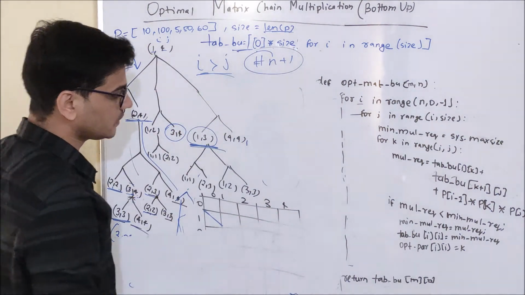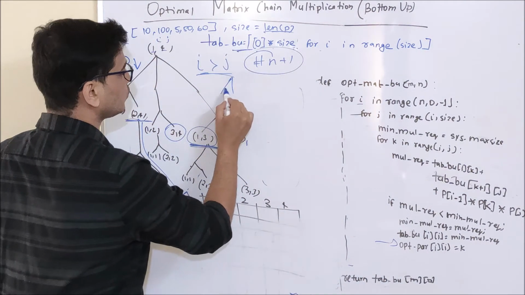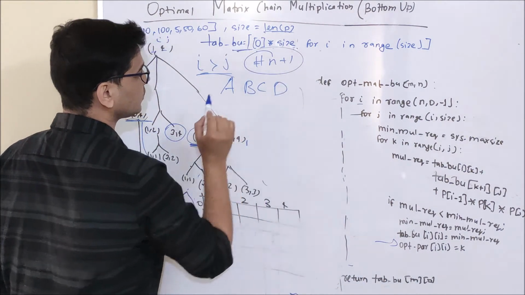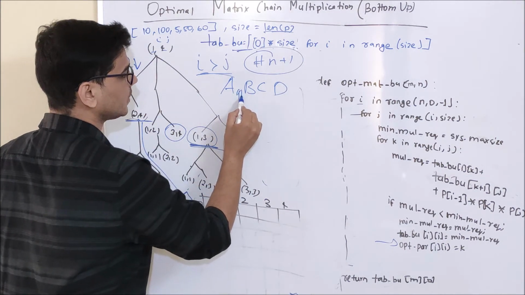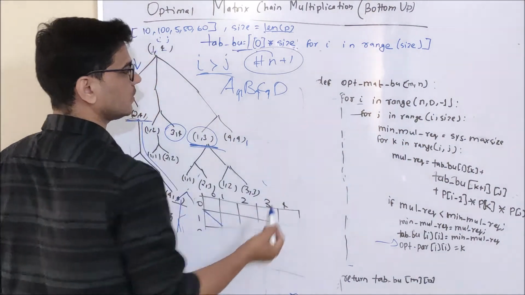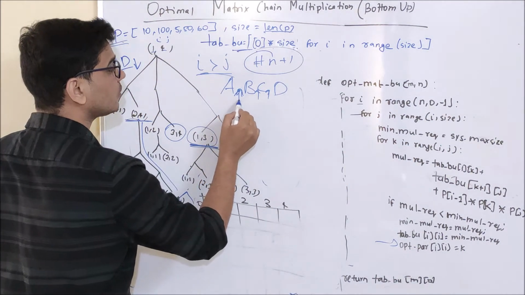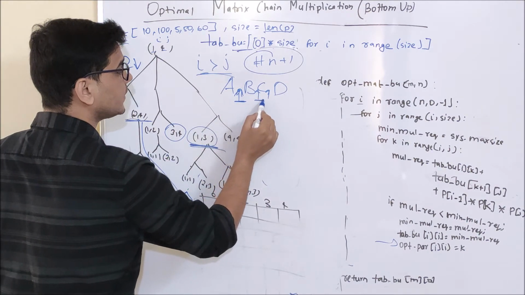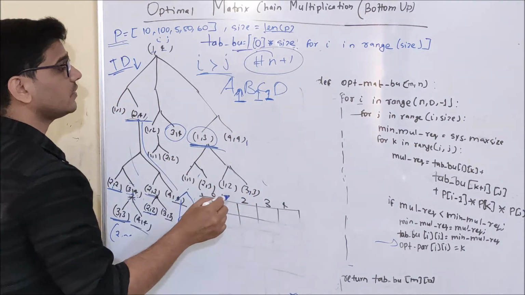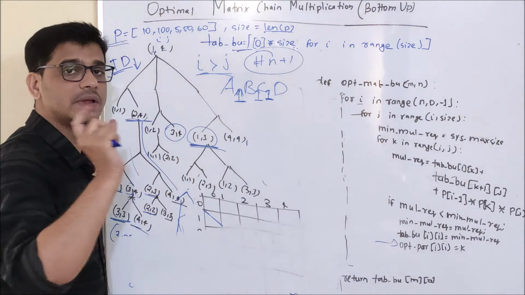Okay, and another matrix which I am using here is op pair. See, suppose I have 4 matrix A, B, C, D. So what I was doing here, I was giving it parenthesis after A, B, C, D. That is in this particular for loop, imagine. Okay, so I was calculating multiplication required through each of these, and I was checking which one of it is the minimum, and I was choosing the minimum one.